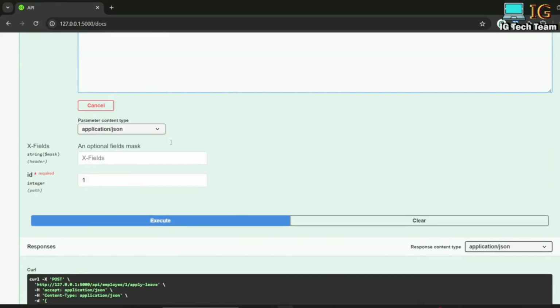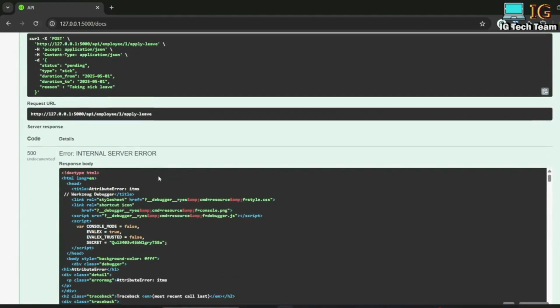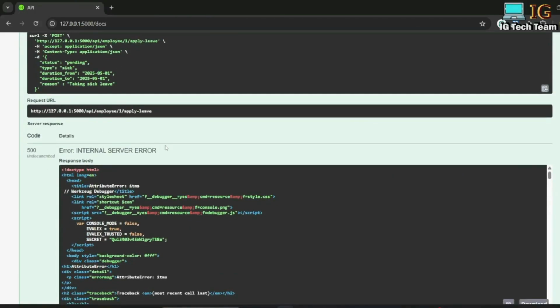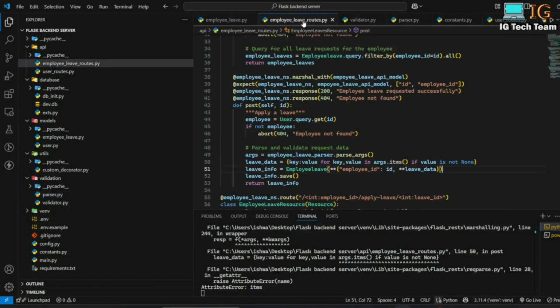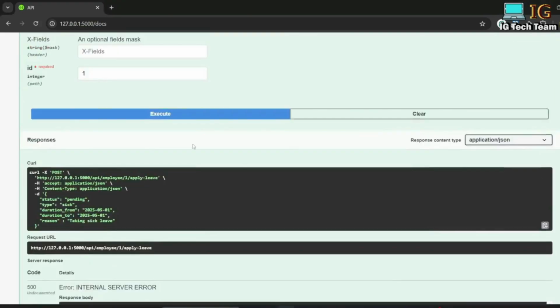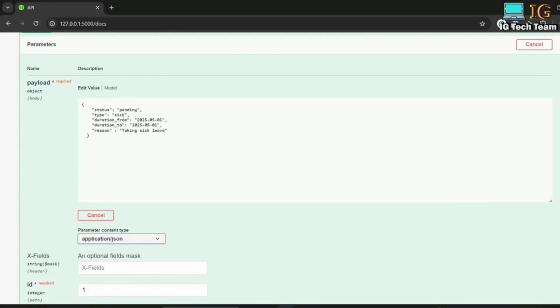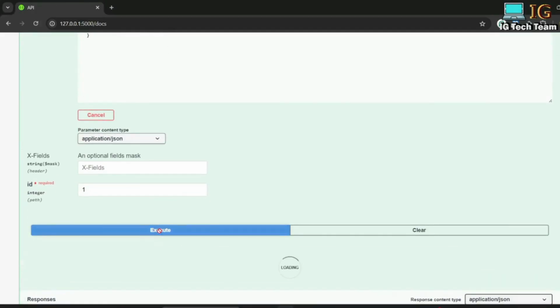If I write here sick and click on execute, okay, there is again an internal server error. If I look here, ITMS, okay, it should be items. In this employee leave rules, I have to write here items, Ctrl+S. Type is correct, status is correct, all are allowed values. So if I click on execute,